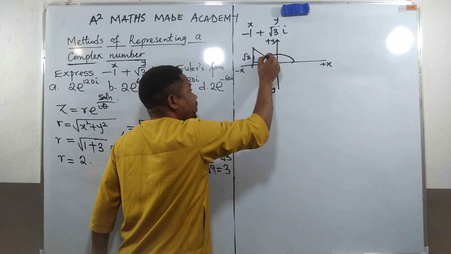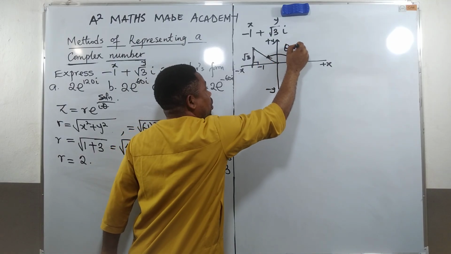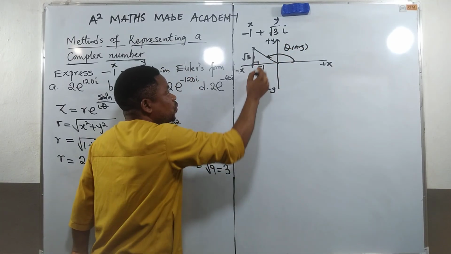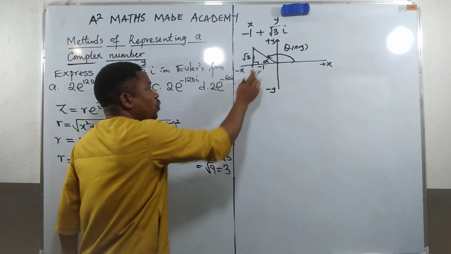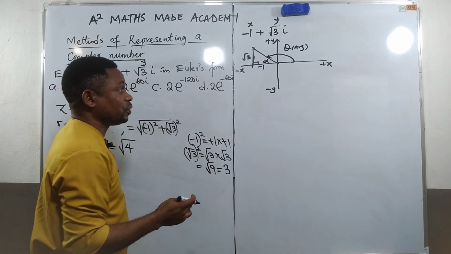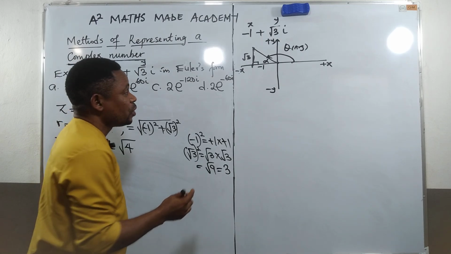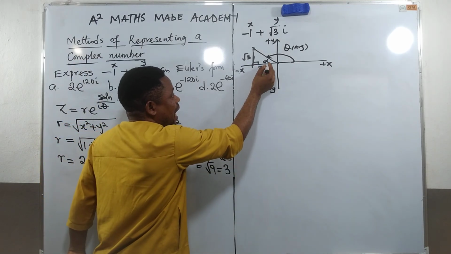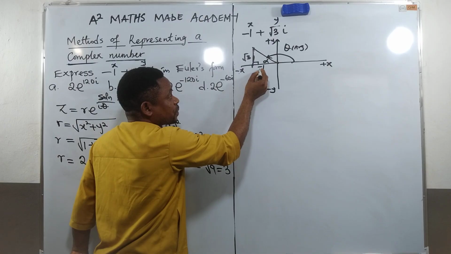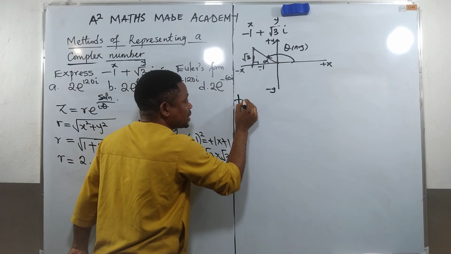This is exactly what we're looking for. From here and stop here. That is what we call the argument. The argument. Are you with me now? But we have to call this alpha first of all. When we get this alpha, we can get the argument of this diagram. So let's start now. Now this is alpha. Opposite over adjacent. So we now use tan